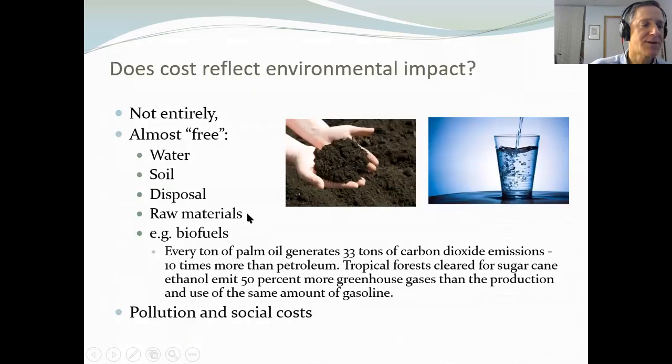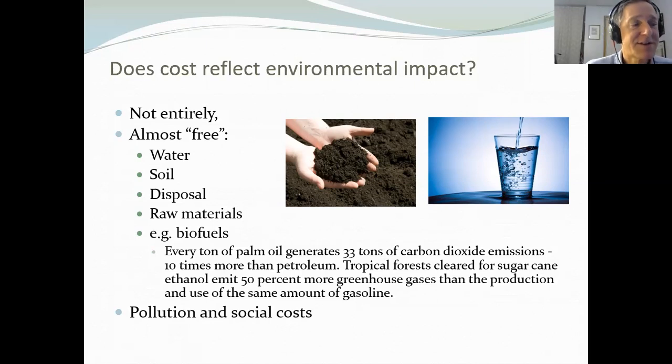Okay, and then this is what, again, I wish to have no indoctrinational elements at all, but there are certain things that have value, but you don't pay for. So I have water, soil, garbage disposal, maybe, and raw materials. Now, if we look at raw materials, as I mentioned, the copper is in the ground. All right, God put it there. That's where it is. And you just take it out. So the actual copper or aluminum or iron or whatever, there was no direct cost to make that. Gold, silver, all these things.